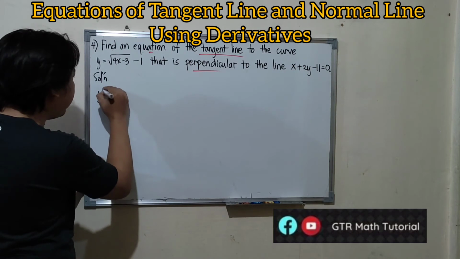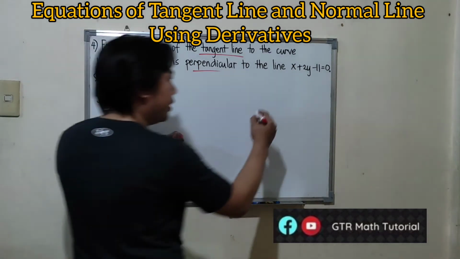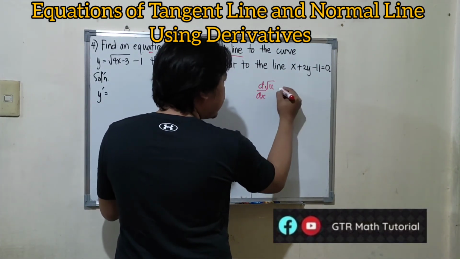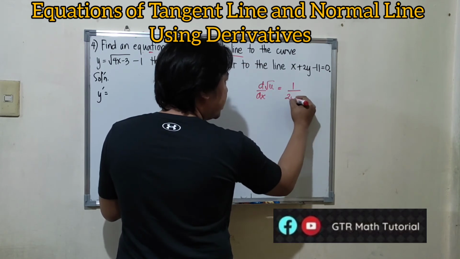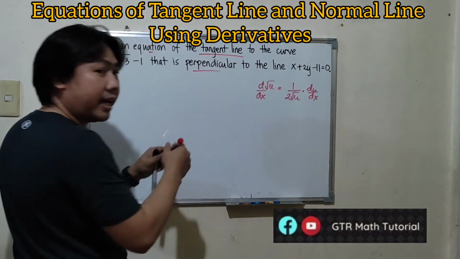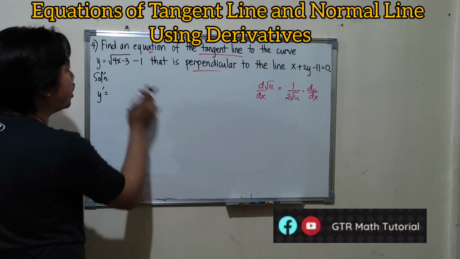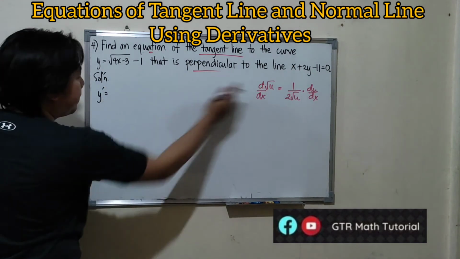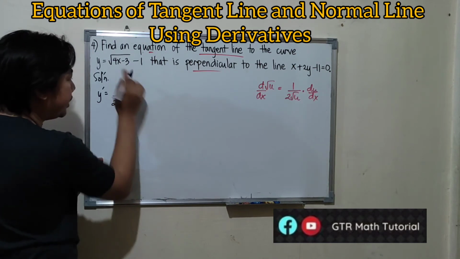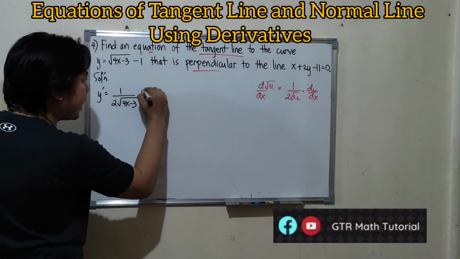So, we have y prime equals, so we have a direct formula for square root. The formula for the derivative of square root of u with respect to x is equal to 1 over 2 square root of u times the derivative of u with respect to x. So apply this formula, since we have square root of 4x minus 3. So u here is 4x minus 3. So we have 1 over 2 times square root of u, which is 4x minus 3, times the derivative of 4x minus 3